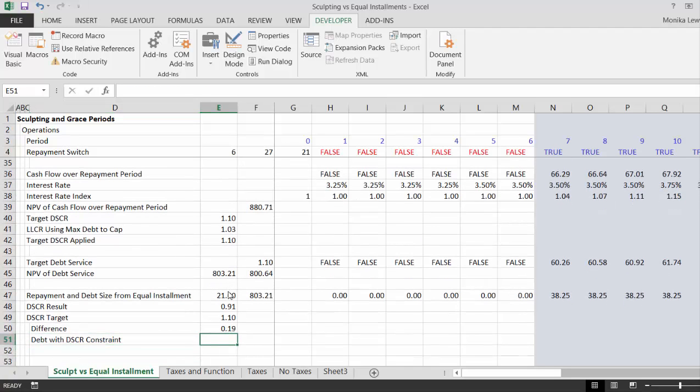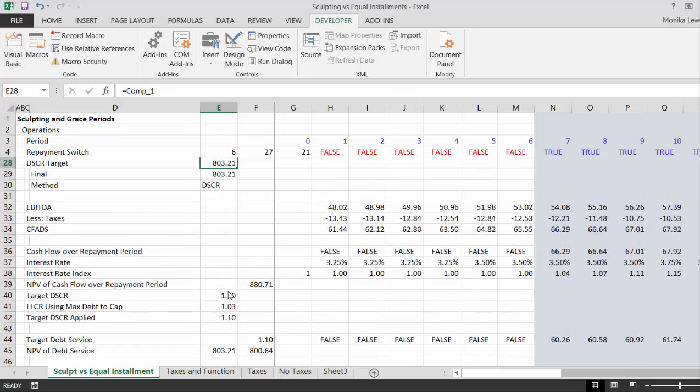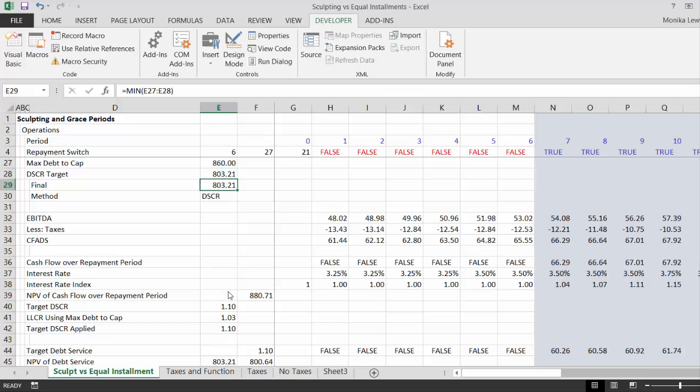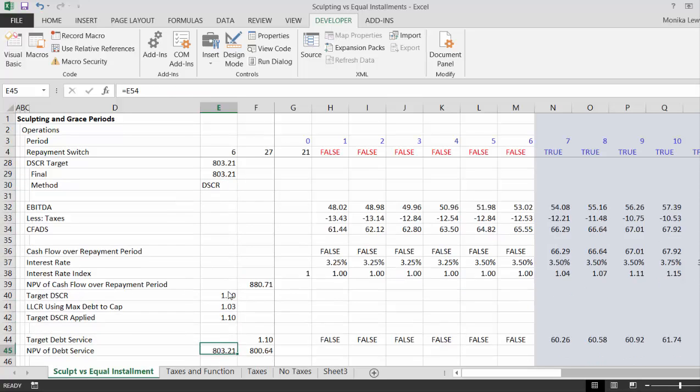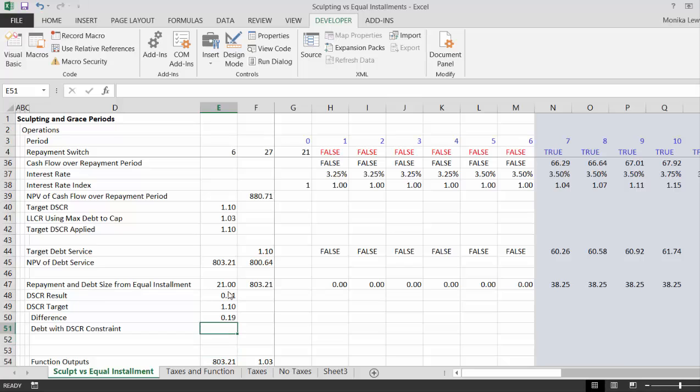Now, we'd set this difference to 0 by changing, we ultimately want to change this one. And we want to do this goal seek, and we want to set the constraint. If the constraint doesn't apply, then we will go use the maximum debt to capital target here. So this one,